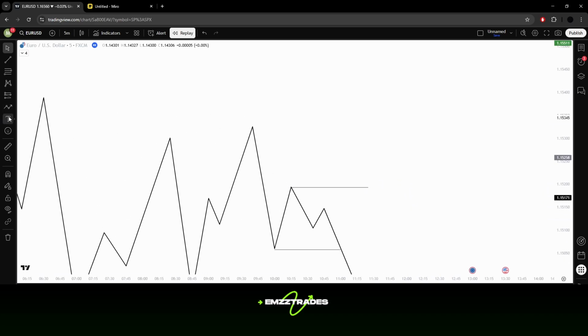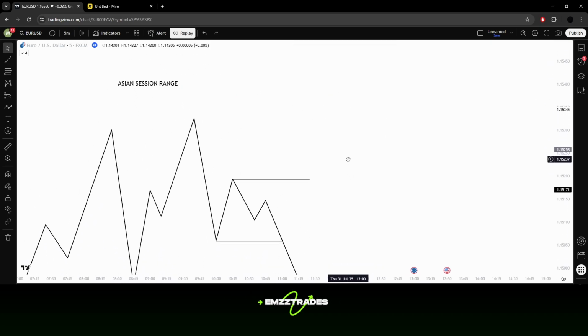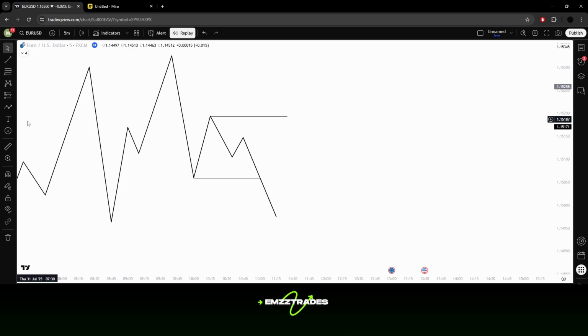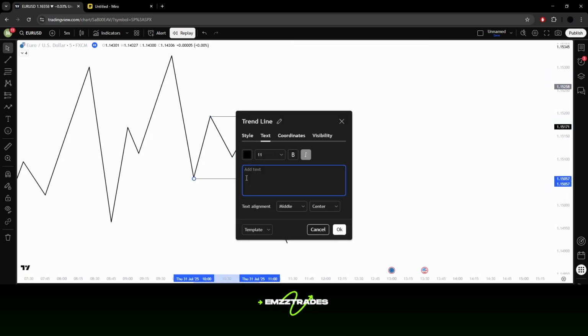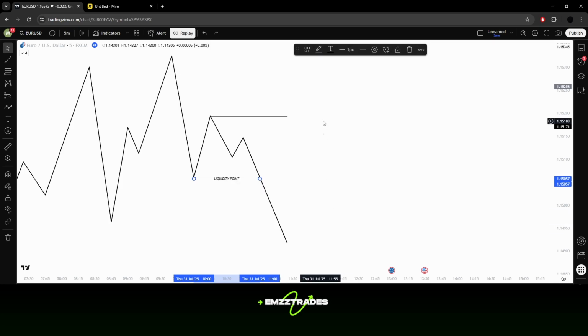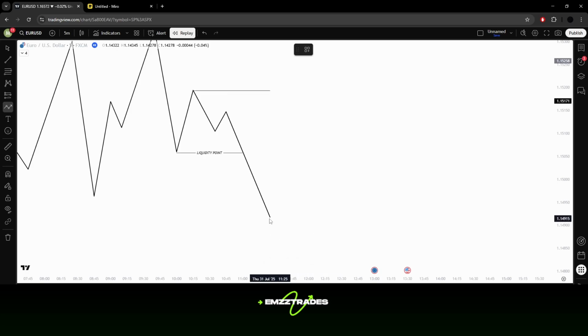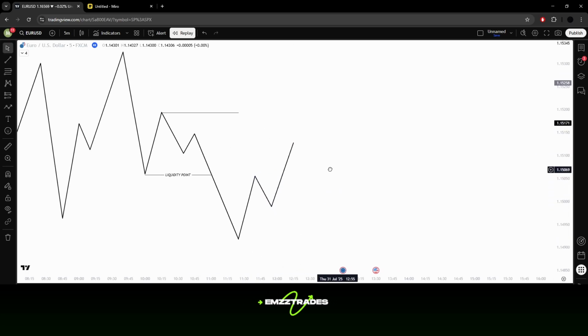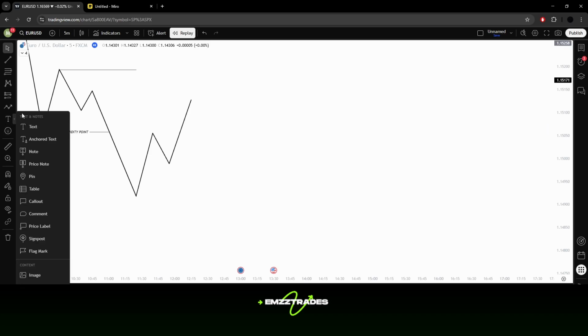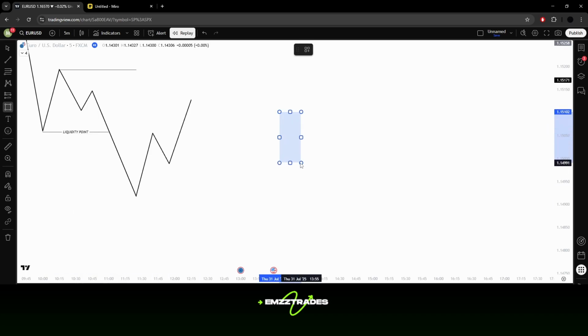And once it's actually been swept, what you got to do now, let me just mark this out as Asian session. As soon as it's been swept, what you need to do now is actually wait for price to give you that breakage of that liquidity point. Okay, so the liquidity point is right here. And now what we're looking for is for price to give us that breakage of structure, right? So we're going to wait for it to actually go up, give us that breakage of structure. But as you know earlier, I said I'm going to explain what a fractional low and a fractional high is. So let me just explain that to you right now really, really quickly,